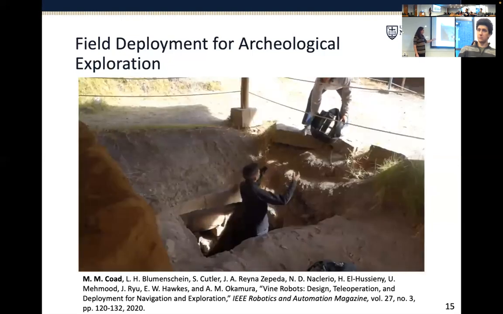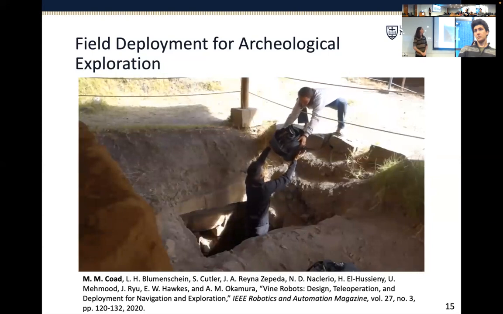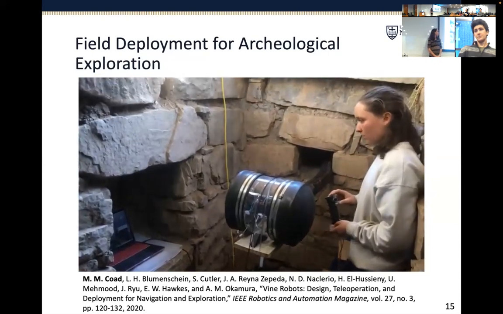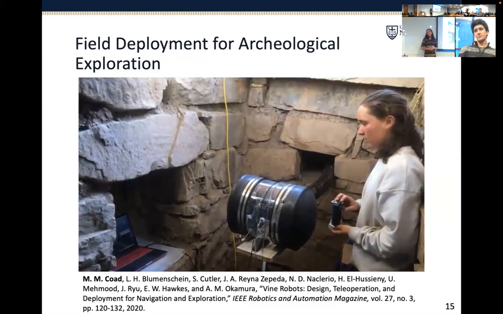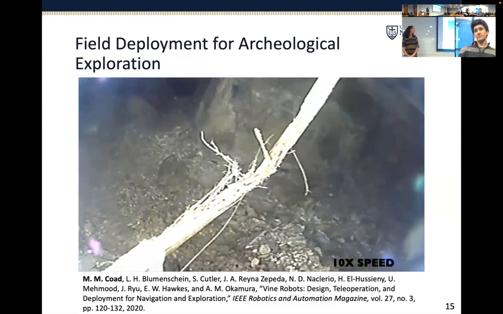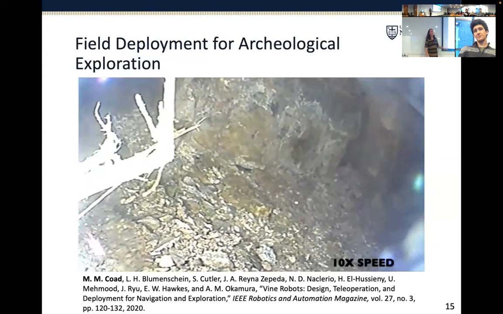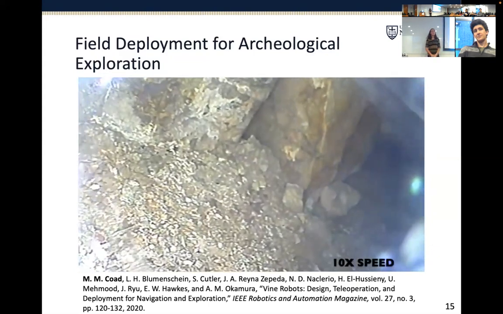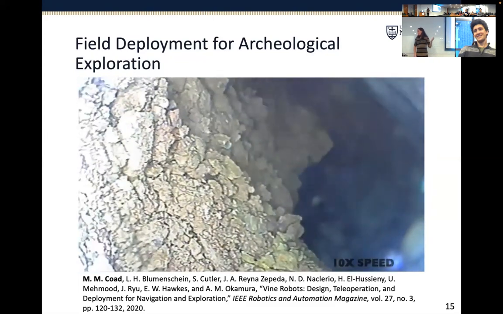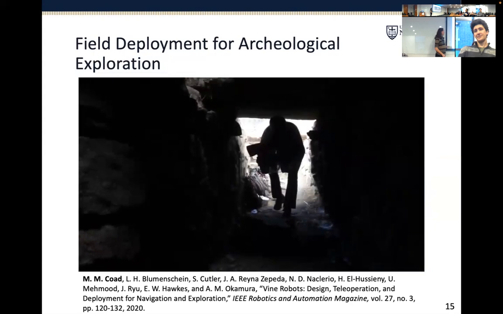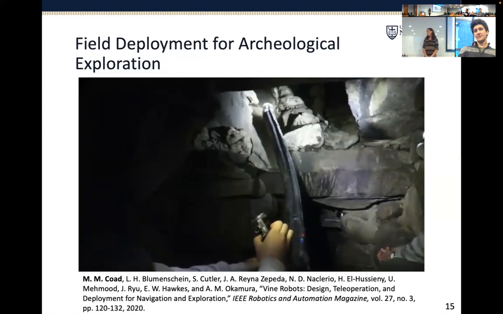They've got rocks in them, so they're challenging for a wheeled robot to navigate through. And we successfully deployed the Viner bot in 3 of these tunnels and took video that we gave to the archaeology team to show them what was in there. We didn't actually find anything super interesting, although someone else who was deploying a robot in a tunnel next to the one I was in found a really old vase, which was pretty awesome. But this was a really cool demo of the Viner bot technology and its ability to be useful practically in